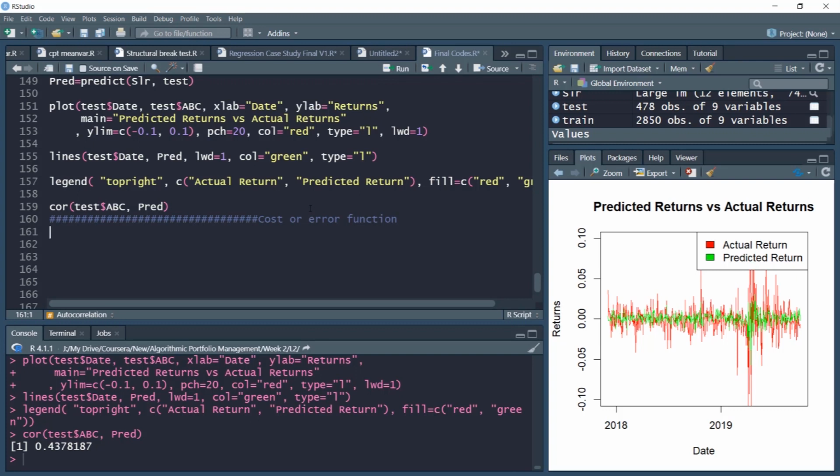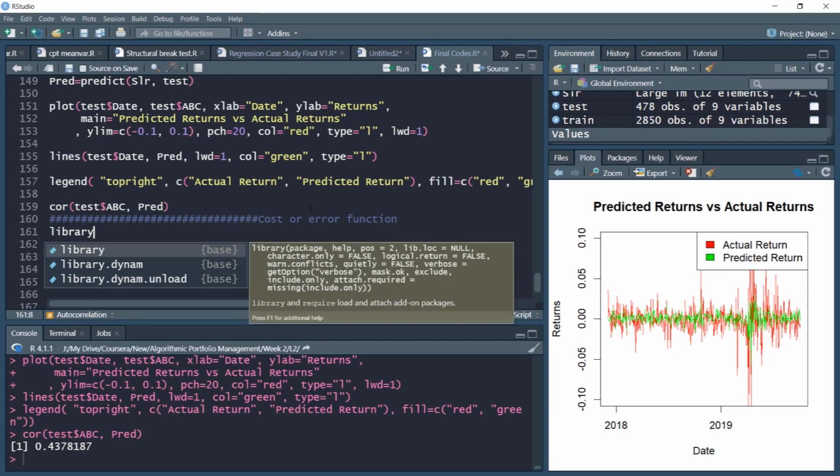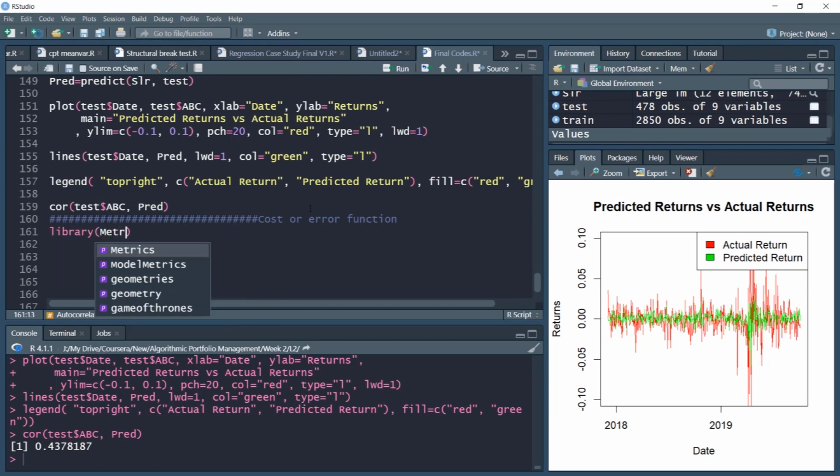Now there are various cost functions and error functions that can be employed, starting from very simple ones such as MSE or RMSE to more complex functions. Now let us examine how to execute this in R, and for that we need the library Metrics, which provides us with a number of such error functions to compute.